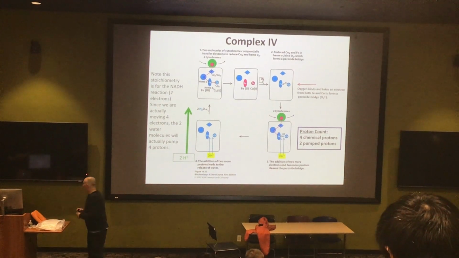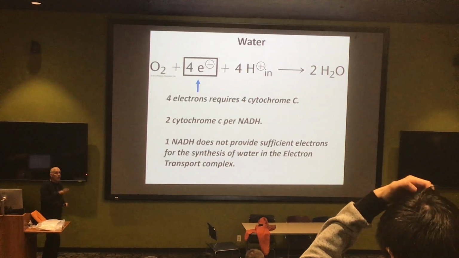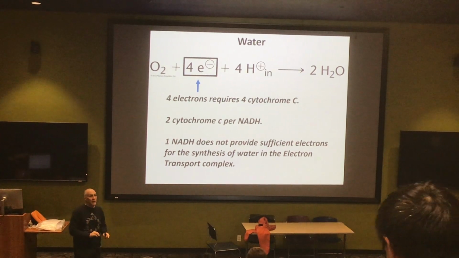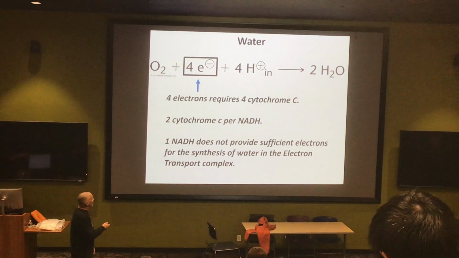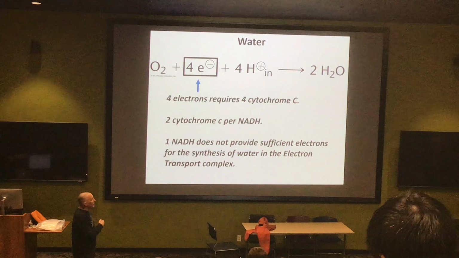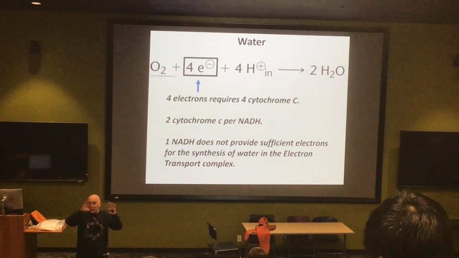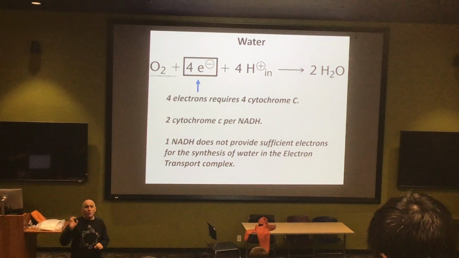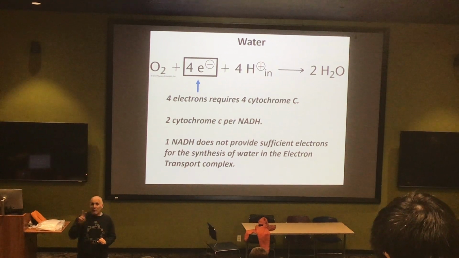Keep in mind, and this is quite significant, that the stoichiometry of working itself through the electron transport complex just became very, very non-regular. Because a single NADH was not sufficient, right, to generate a pair of water molecules. You'll notice that it took 4 electrons or 2 NADHs to complete the entire process. So to complete the entire process, 20 protons had to be pumped, right? 4, 4, 2, 4, 4, 2.